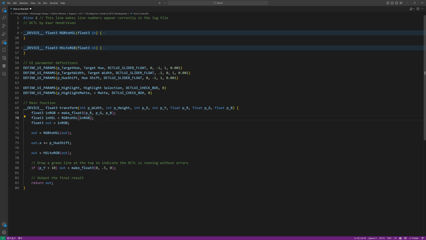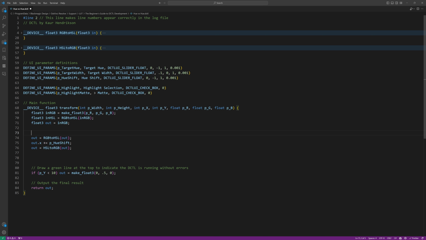Now that we have the initial image as HSL, we can start qualifying it. As a very rough example, we can do the following. After applying the hue shifting, and I'll bunch these together to signify that they're one function, and add a comment, this is the hue shifting. And after doing the hue shift, we want to blend the original image with the shifted version, based on a qualification. Let's define our hue matte,